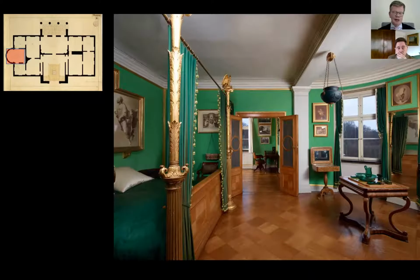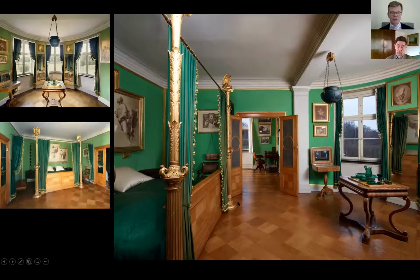Here, of course, the Crown Prince, he could not take away the walls because they are important for the substruction of the building. But he could, by colors, by kind of woods, even by marble and so on, he could show that these are a unity and this is enough. It's just the intellectual idea. Now, the bedroom has a special feature. I'm not sure if you would note that, and I'm absolutely not knowing about the Indian tradition, but a thing which in this time, so in 1825, 1826, in Germany absolutely did not exist, even if you see it here,